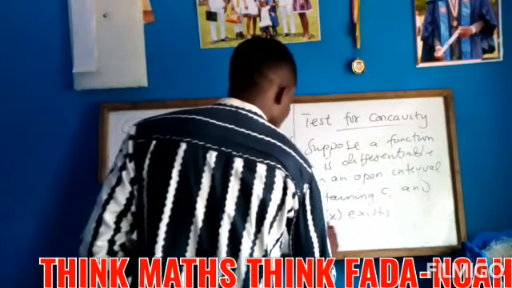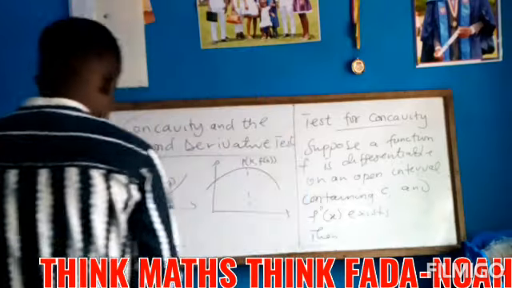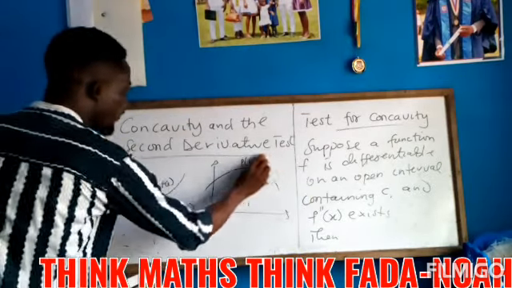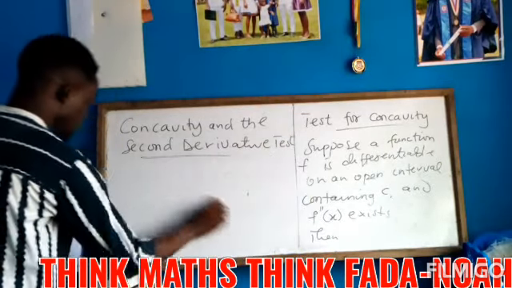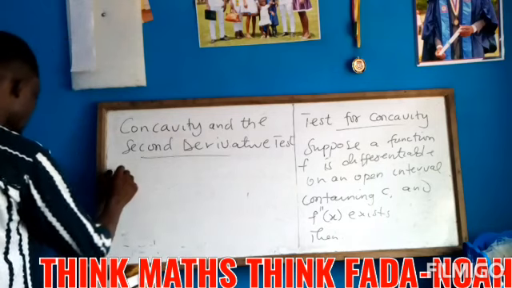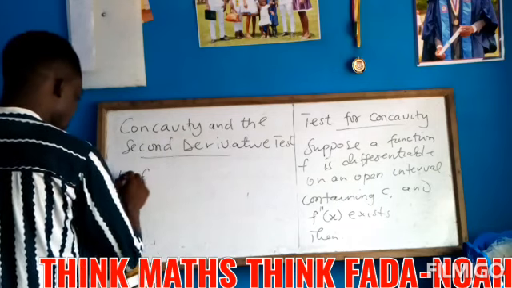Then let's look at these conditions. So then 1, f prime prime of c